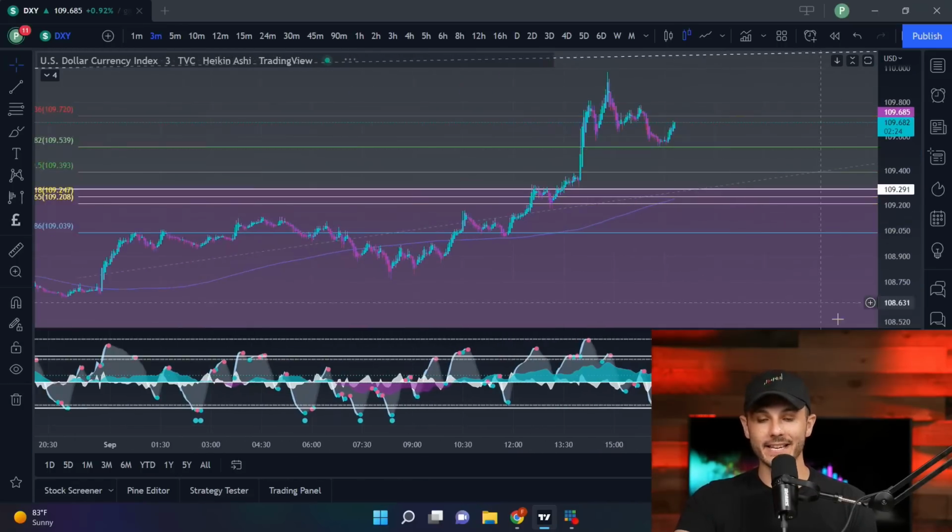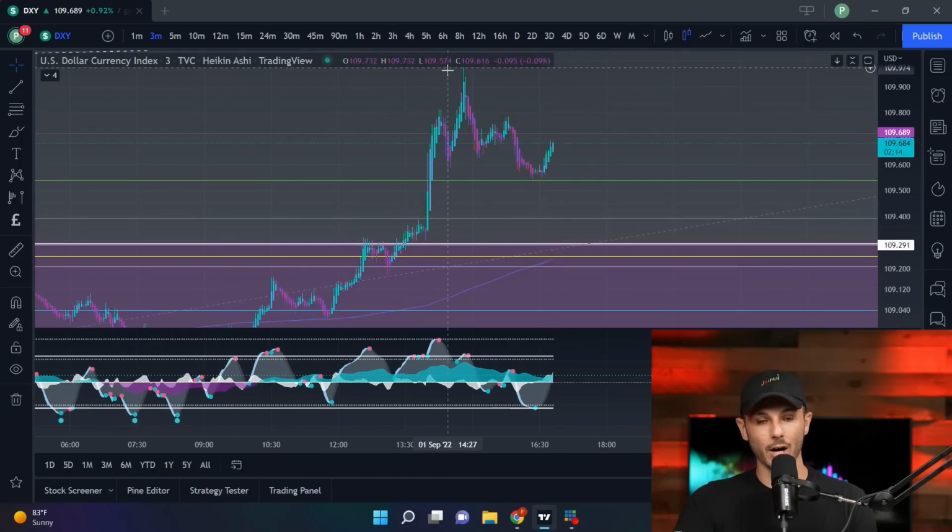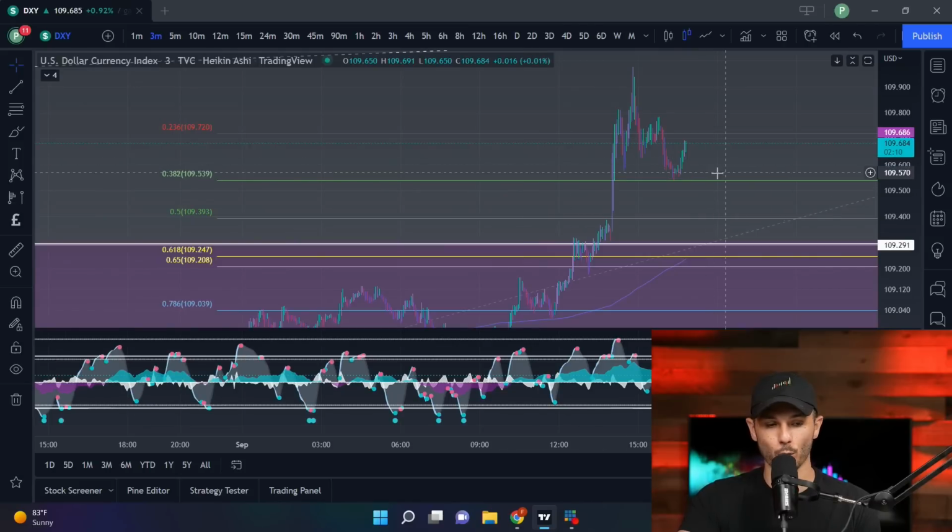But you guys can see here, if you come down to the micro time frames, we did bust out of this resistance, flip it to support. Look at that perfect bullish retest. And then boom, it absolutely rips. We have now come up and we are now retesting the 382 Fibonacci level right here at about 109.53